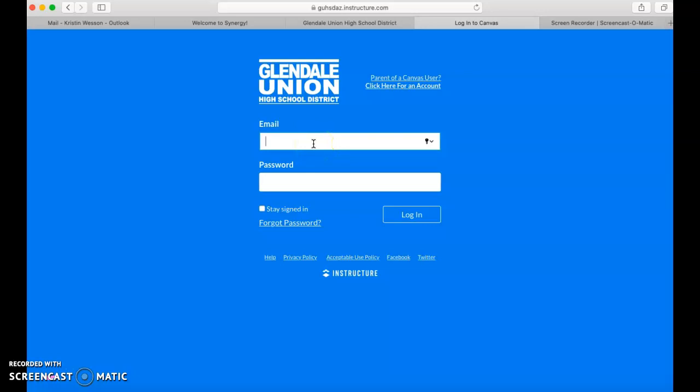Your email and your credentials will obviously look different from mine, but you're going to enter your email. That's your student ID at student.guhsdaz.org. For me, because I'm a teacher, it looks different. So whatever you use to log into your school email, that is the same email and password that you're going to use to log in for your Canvas. Once you have those in, you're going to hit enter, and it will take you,